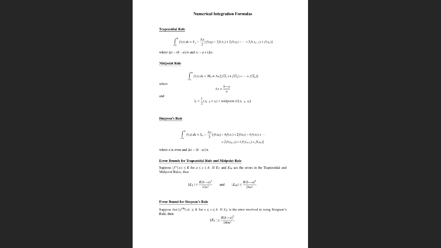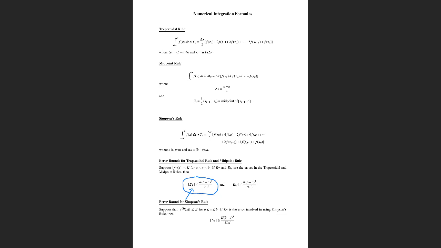You'll notice that if we look at the error bound, for instance the error bound for the trapezoidal rule, what this says is that the error in approximating a definite integral using the trapezoidal rule, E sub T, and I should really say the absolute value of the error, since we don't care if it's positive or negative, we just care about how much we are off, is less than or equal to